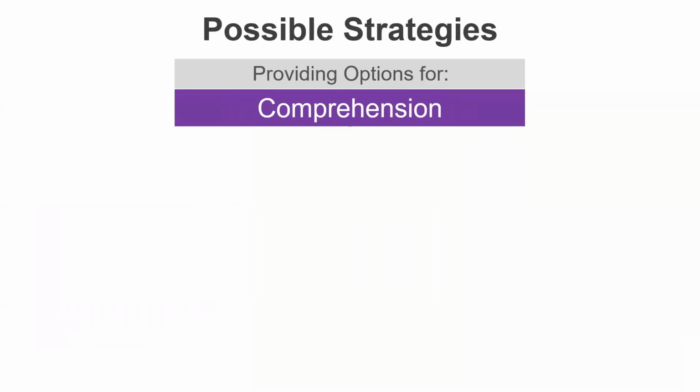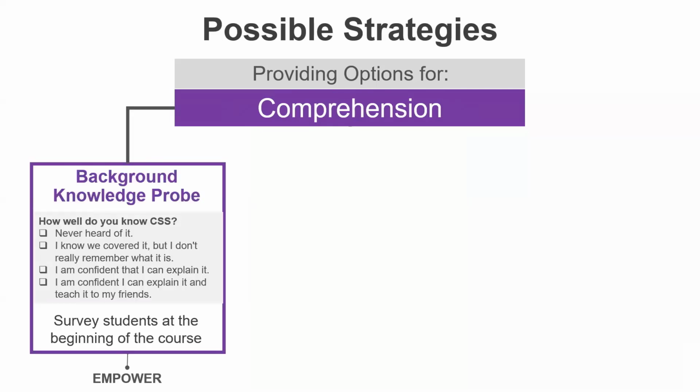The third guideline for the UDL Principle of Representation is about supporting students' comprehension of course content. This means helping them develop their information processing skills so that they can construct useful knowledge from the material. Consider how you can assess, activate, or provide necessary background knowledge. Consider surveying students to gauge their familiarity with specific knowledge or skills, like in the example you see on this slide,